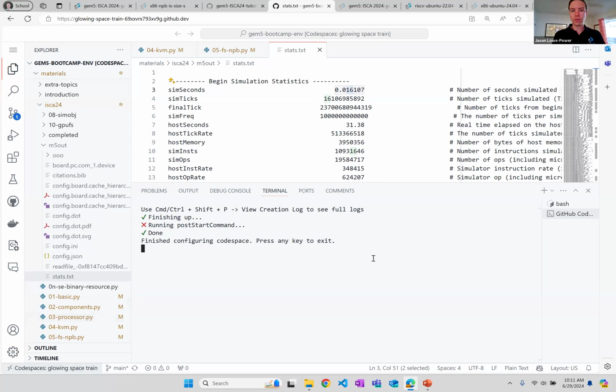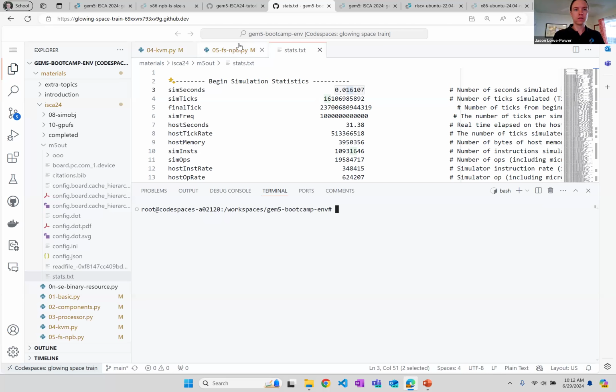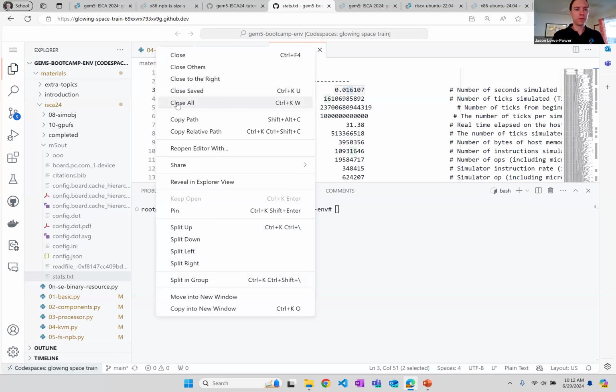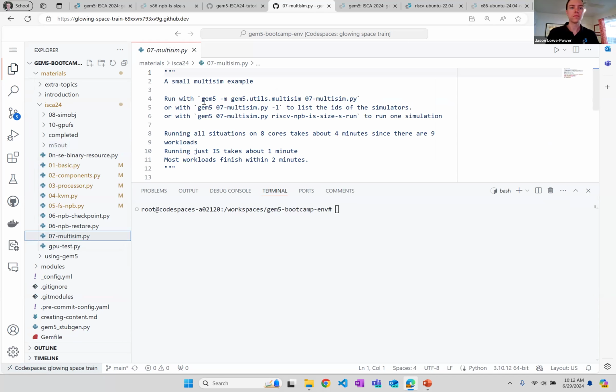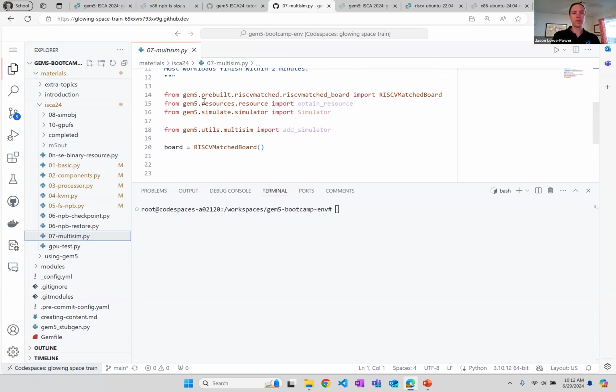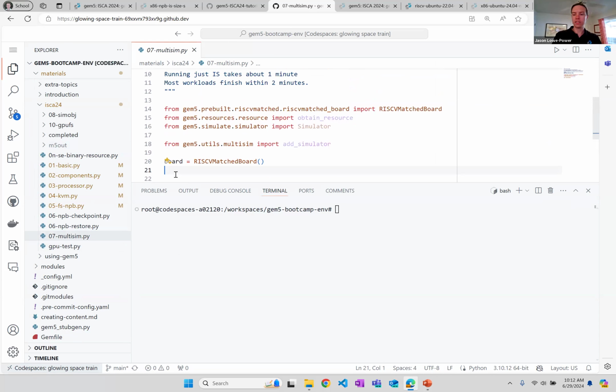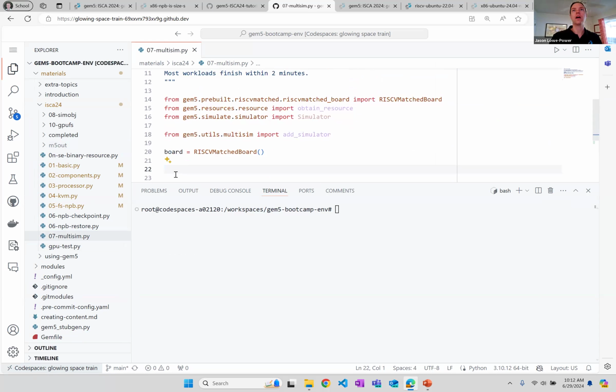So coming back over to my code space, clean things up a bit. So now we're going to do 0.7 multisim. So here we have this board, and let me just write what I had on that example on the PowerPoint. So we're going to do for workload in obtain resource